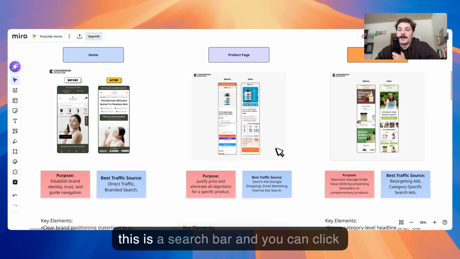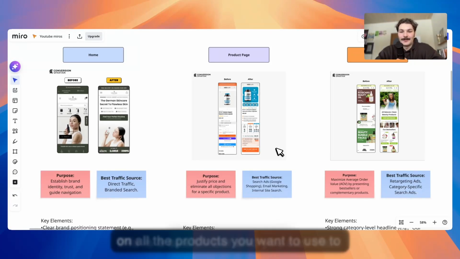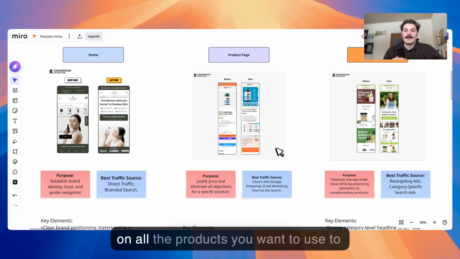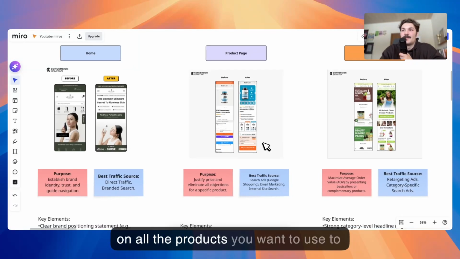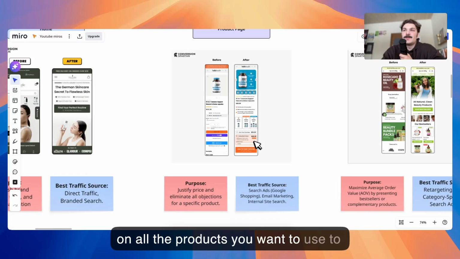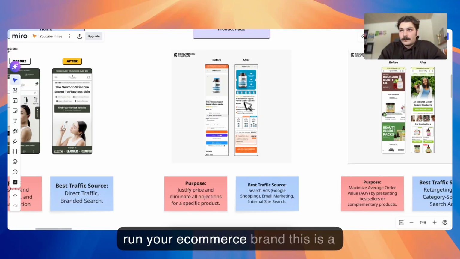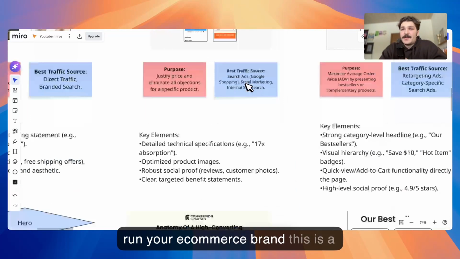All right, then we have the product page, which is one of the most important pages because it is very close to your checkout, which is where the conversions happen. So the product page should be built to handle objections and justify your price for a specific product. So the key elements here are